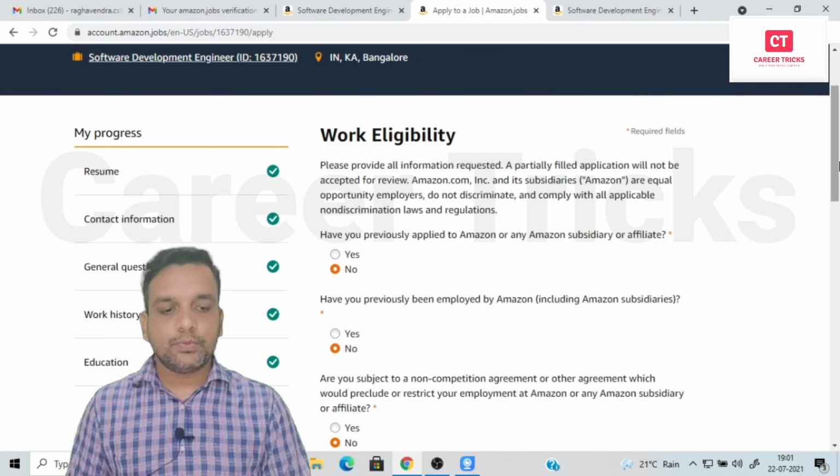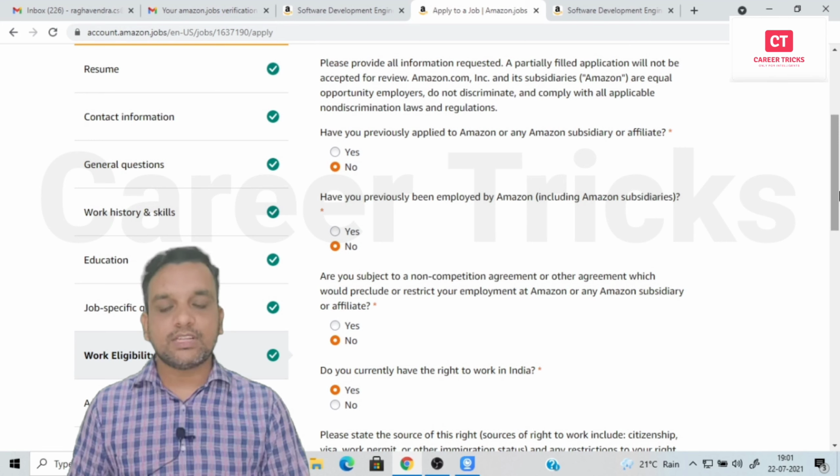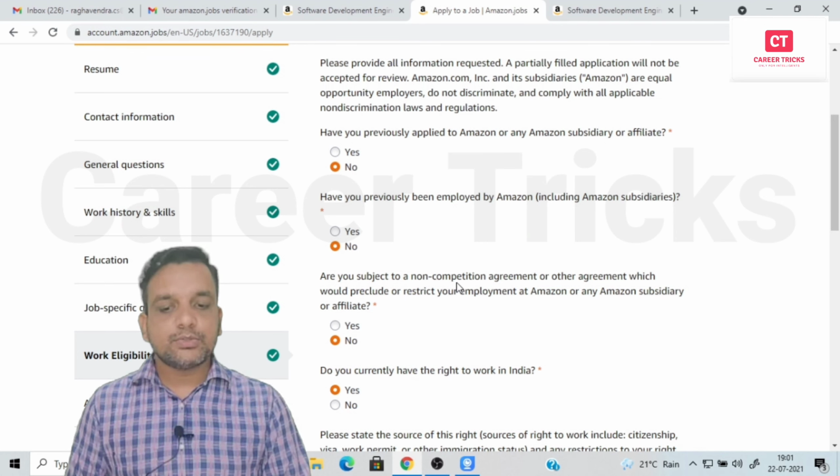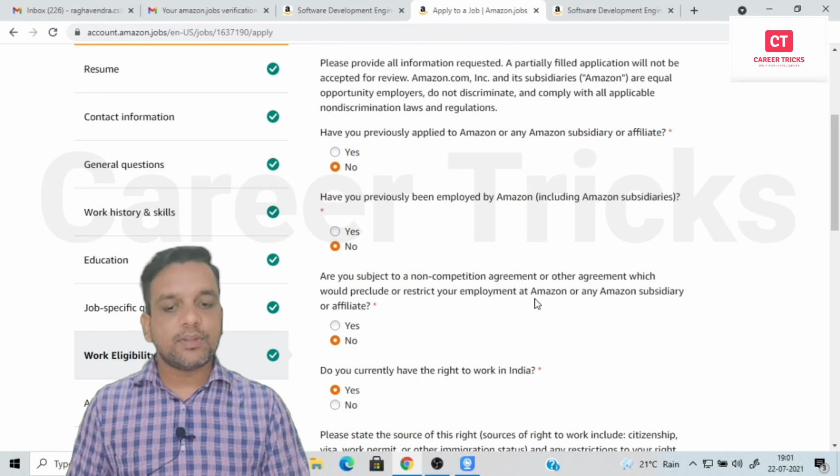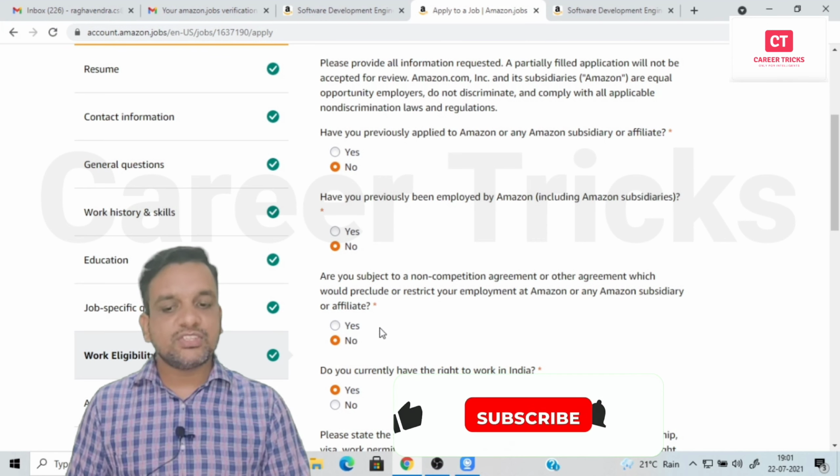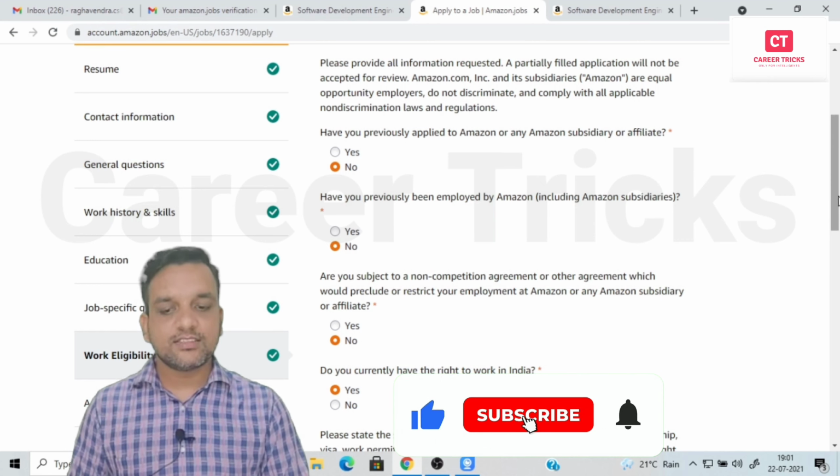You say no. Students applying the first time say no; if they were already employed by Amazon, they say yes. Are you subject to a non-competition agreement or any other agreement which would restrict your employment at Amazon or any Amazon subsidiary or affiliate? You say no for that.